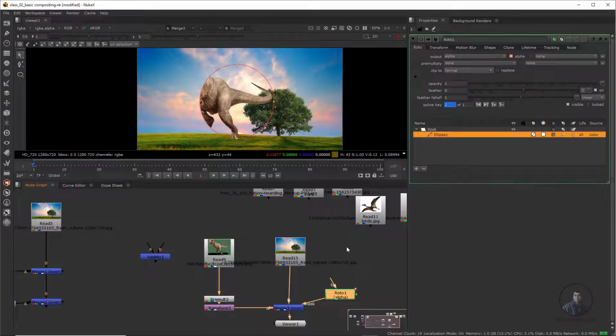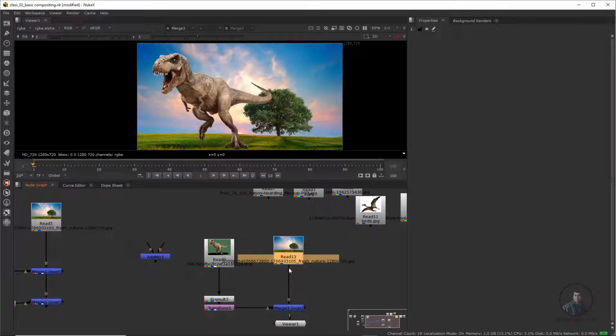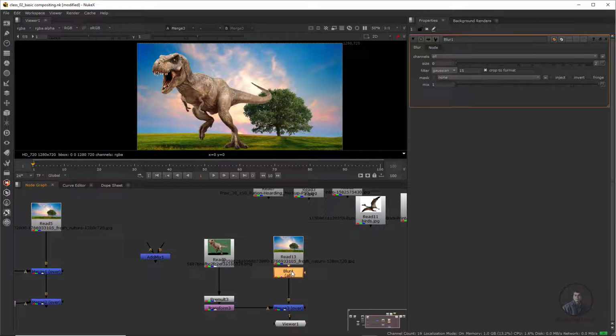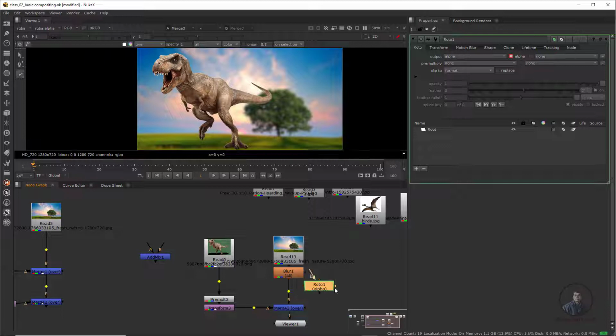Same as in other nodes, you will also get a mask input, like the blur node. So just select and delete this one, and suppose here I am going to use a blur node. I have selected this one, press tab, type blur, double click, and adjust this blur size a little bit. It's just blurring your background a little. And suppose you want to blur only outside, not the whole image, then you can also use this mask input. So again take a roto node and press Control Shift X to exit, because we have to connect it with this mask input.